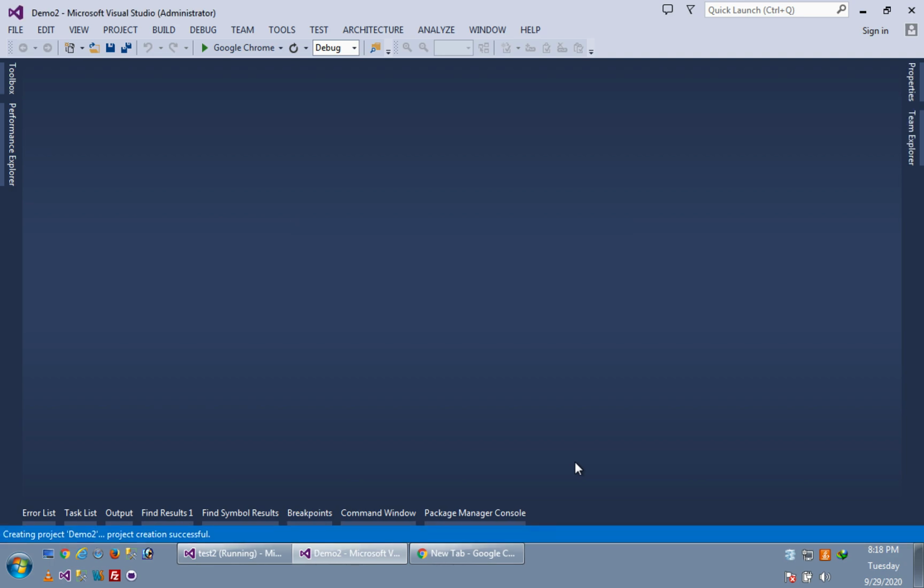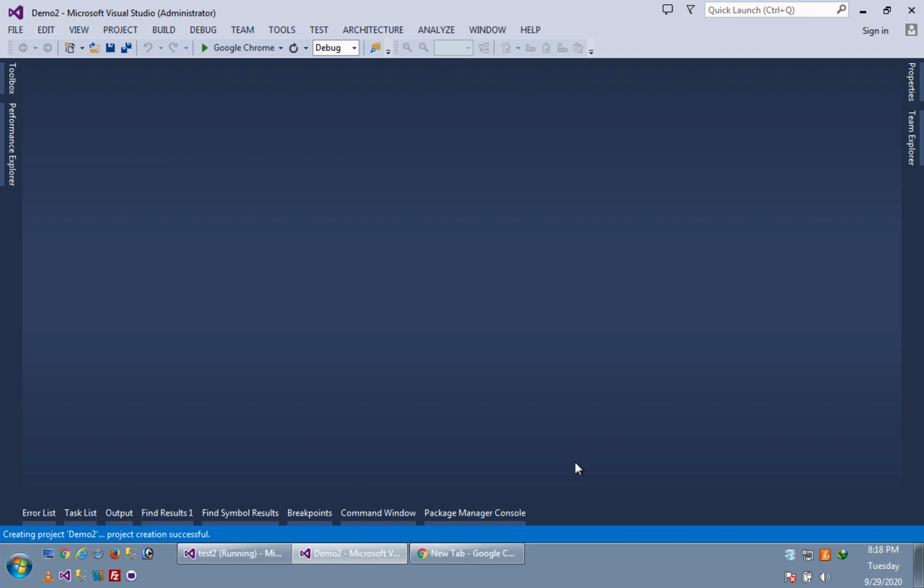And using Razor we have a view that is .cshtml or .vbhtml. That depends on our backend technology. Currently we are using C#.NET, making a project in C#.NET with ASP.NET, so our view will be